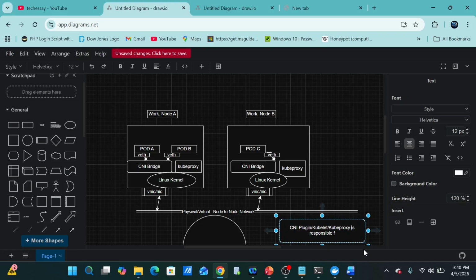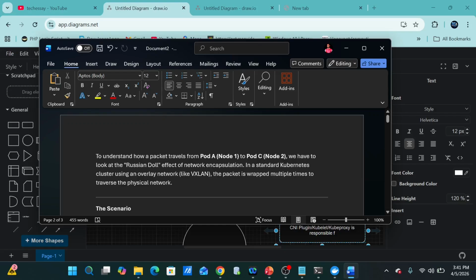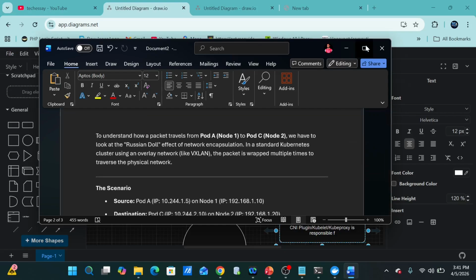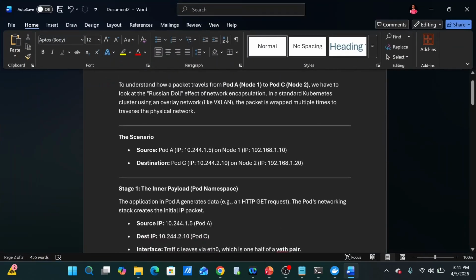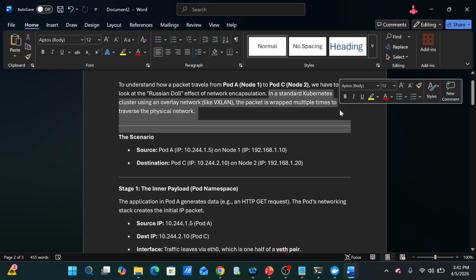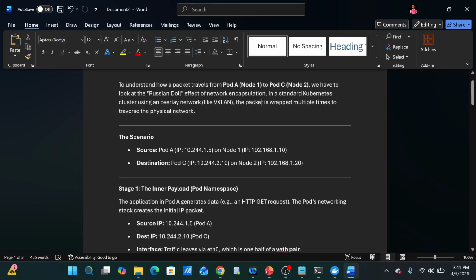Okay, so for that now you understand that. Let me theoretically show you one more thing so that you have a better understanding. You should not have any confusion. To understand how a packet travels from node 1, pod A to node 2, pod C, we have to look at the Russian doll effect of network encapsulation. In a standard Kubernetes cluster using an overlay network like VXLAN, the packet is wrapped multiple times to